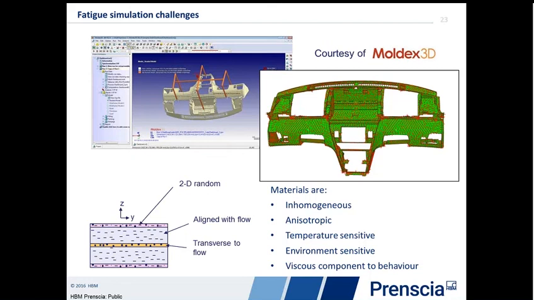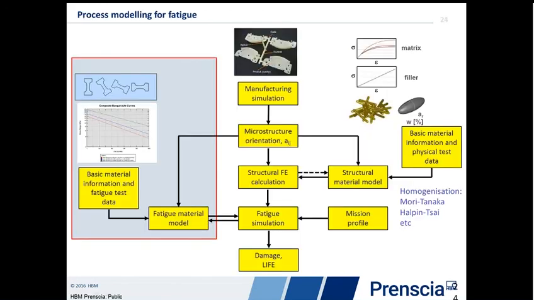So this becomes an analysis where all of a sudden I need to go in and look at the manufacturing solution in order to start to do my structural analysis, hence my fatigue analysis. I don't want to spend a great deal of time here, but if one looks at a process flow, the starting point